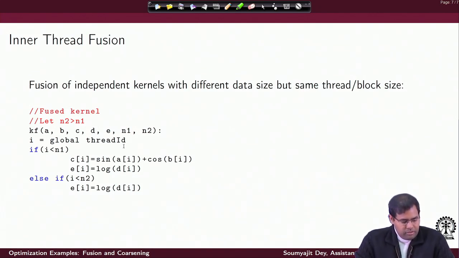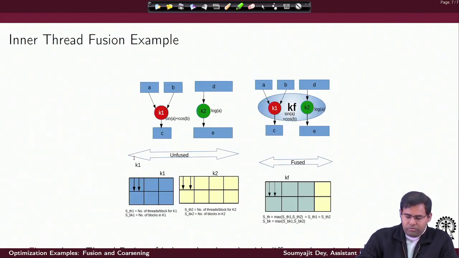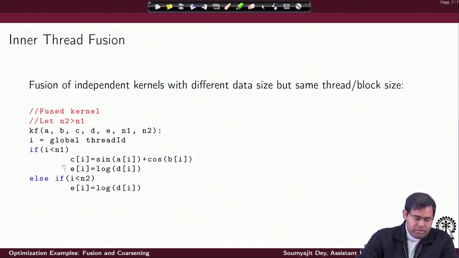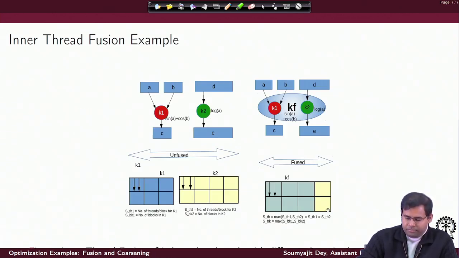As you can see, you compute the global thread ID, and then you have to figure out whether the global thread ID is inside the range of both the kernels, or outside the range of kernel 1 but inside the range of kernel 2. If it is inside the range of both the kernels, which is N1 here, then I should compute the operations for both K1 and K2, right. So then I am inside thread ID I, which lies in this common region, and otherwise I will go to the other region where I have to only execute the code for kernel 2, right.